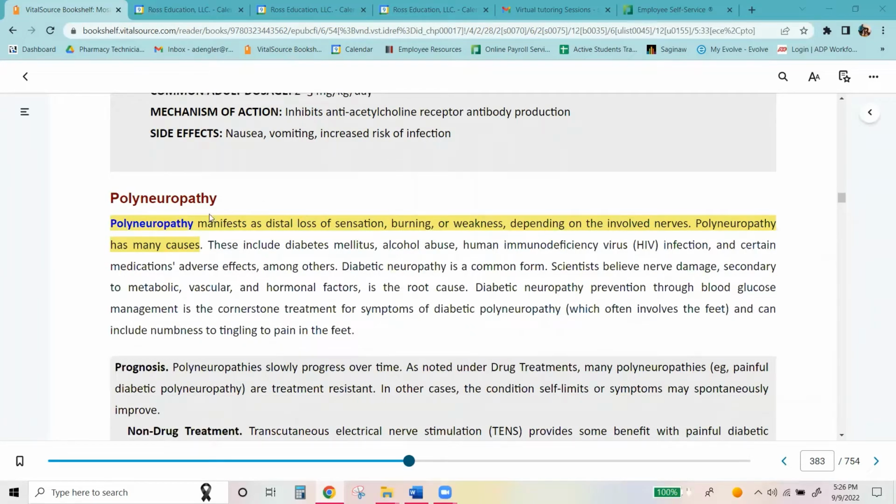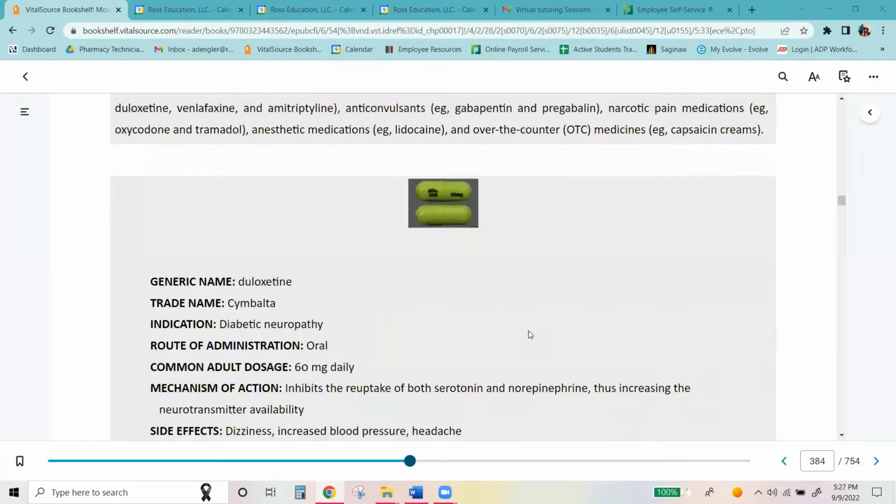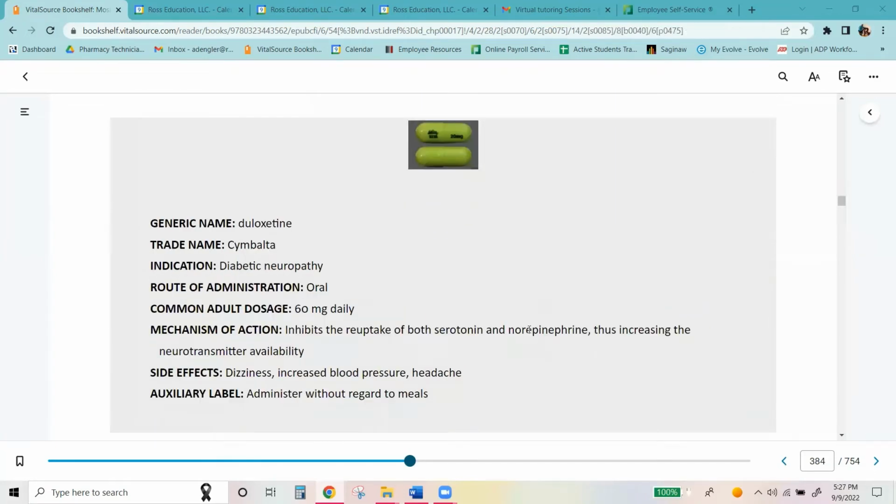Polyneuropathy manifests as distal loss of sensation, burning, or weakness, depending on the involved nerves. Polyneuropathy has many causes. It can be diabetes, alcohol misuse, human immunodeficiency virus, so HIV, certain medications' adverse effects, and among other things. For that, we have the medication Cymbalta, which can be